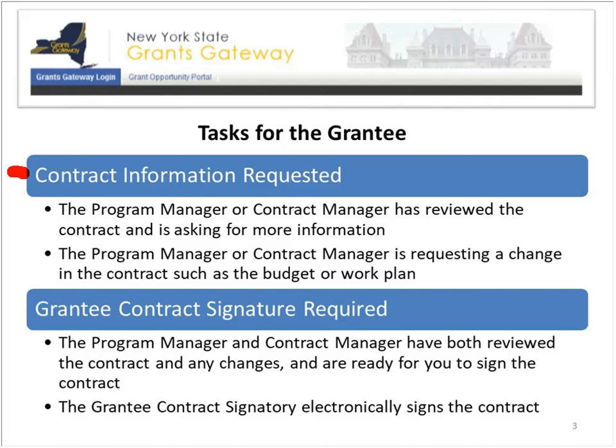You would submit it. And when you submit it, it gets worked on by the program manager some more, the contract manager some more, just like what you had before your first period. And then they send it back to you for this grantee contract signature required. So when it gets sent to you the second time, the second task here that I just marked off, that's when everything is locked in and everybody's happy with the way it looks, and it's now time to just get